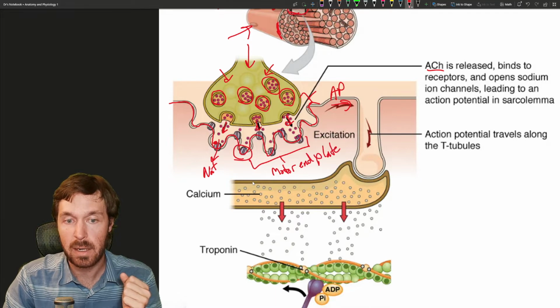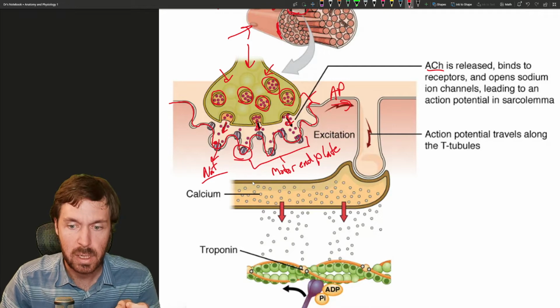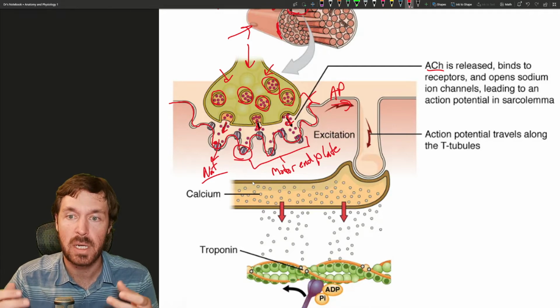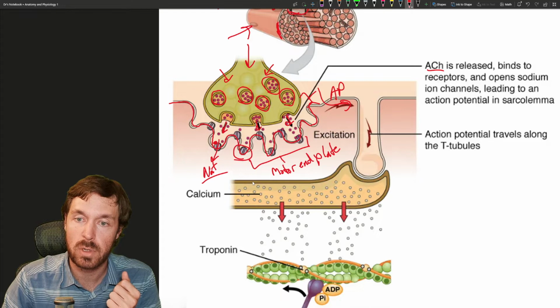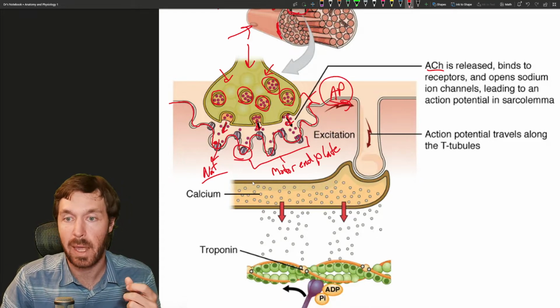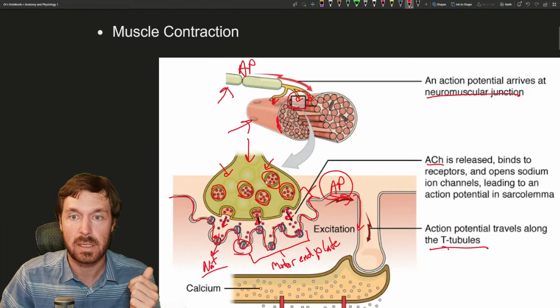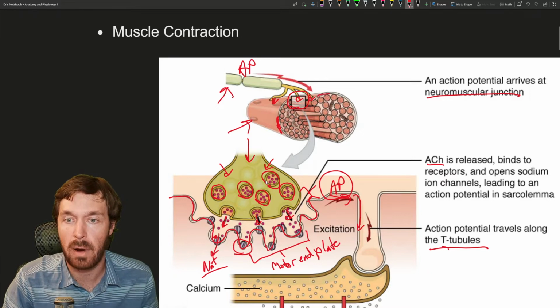And this event here where sodium comes in is known as end plate depolarization. So end plate depolarization leads to an action potential, and once you hit that action potential, that muscle will contract. So that excitation wave travels down through the muscles. It goes down those T tubules, which, remember, you don't want the wave to just go around the outside of